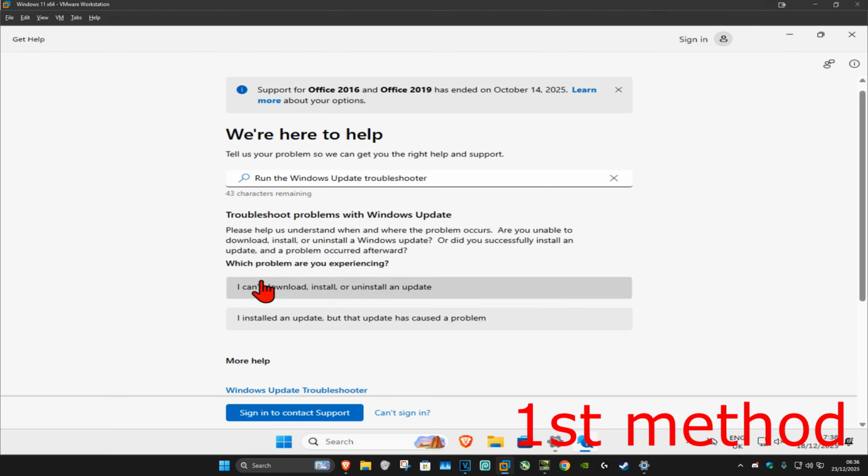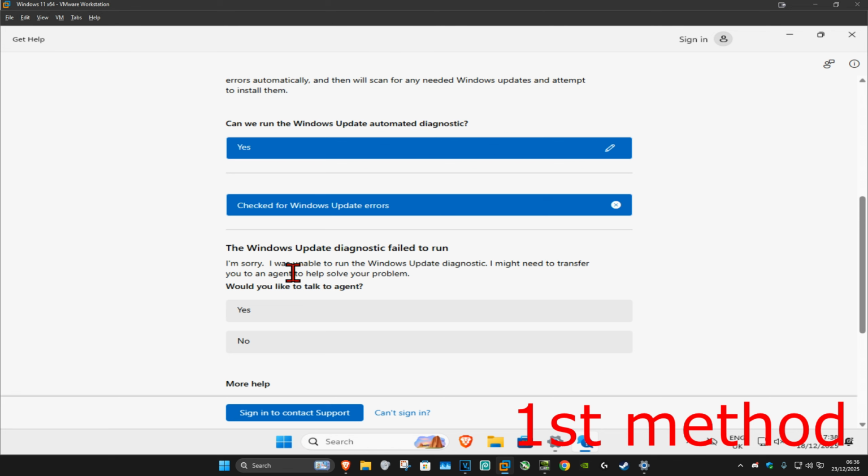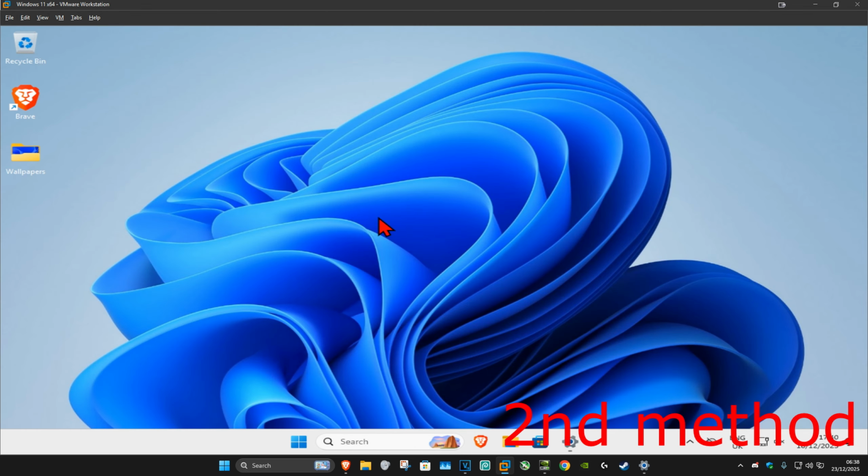You want to select I can't download, install or uninstall an update. And then click on yes to run the Windows Update diagnostics. And now once this loads up, if it detects anything, it will try to fix your problem. See if that works. If that's still not working, then for the second method, you want to go to search